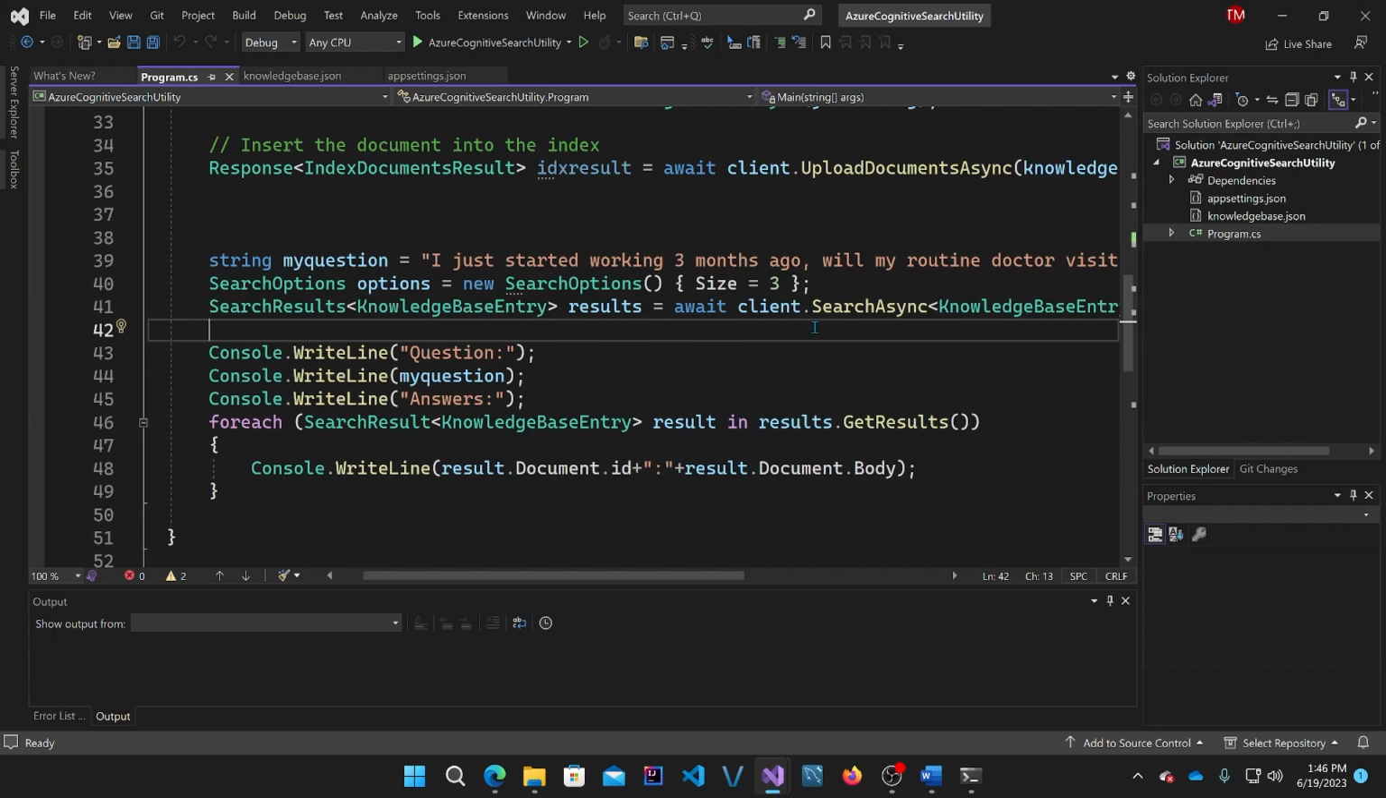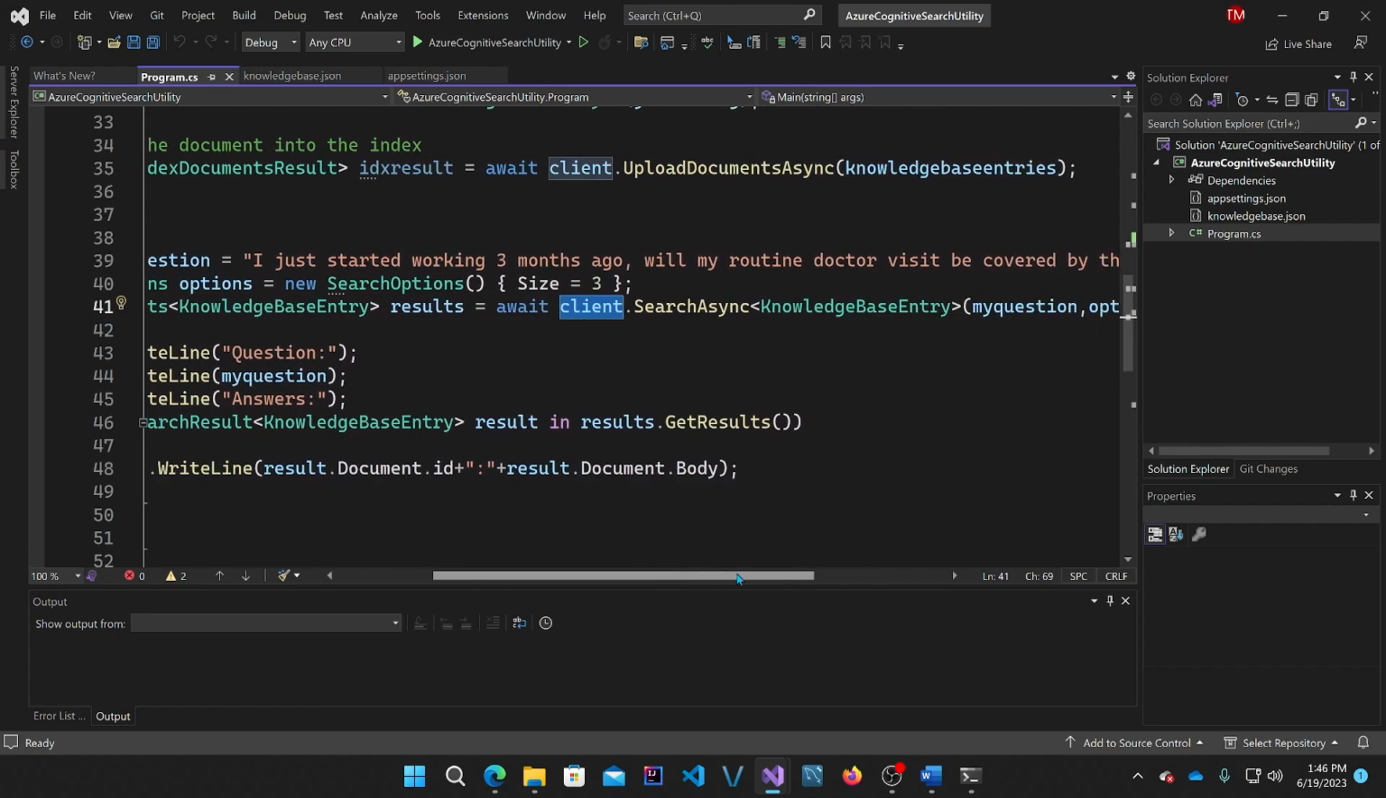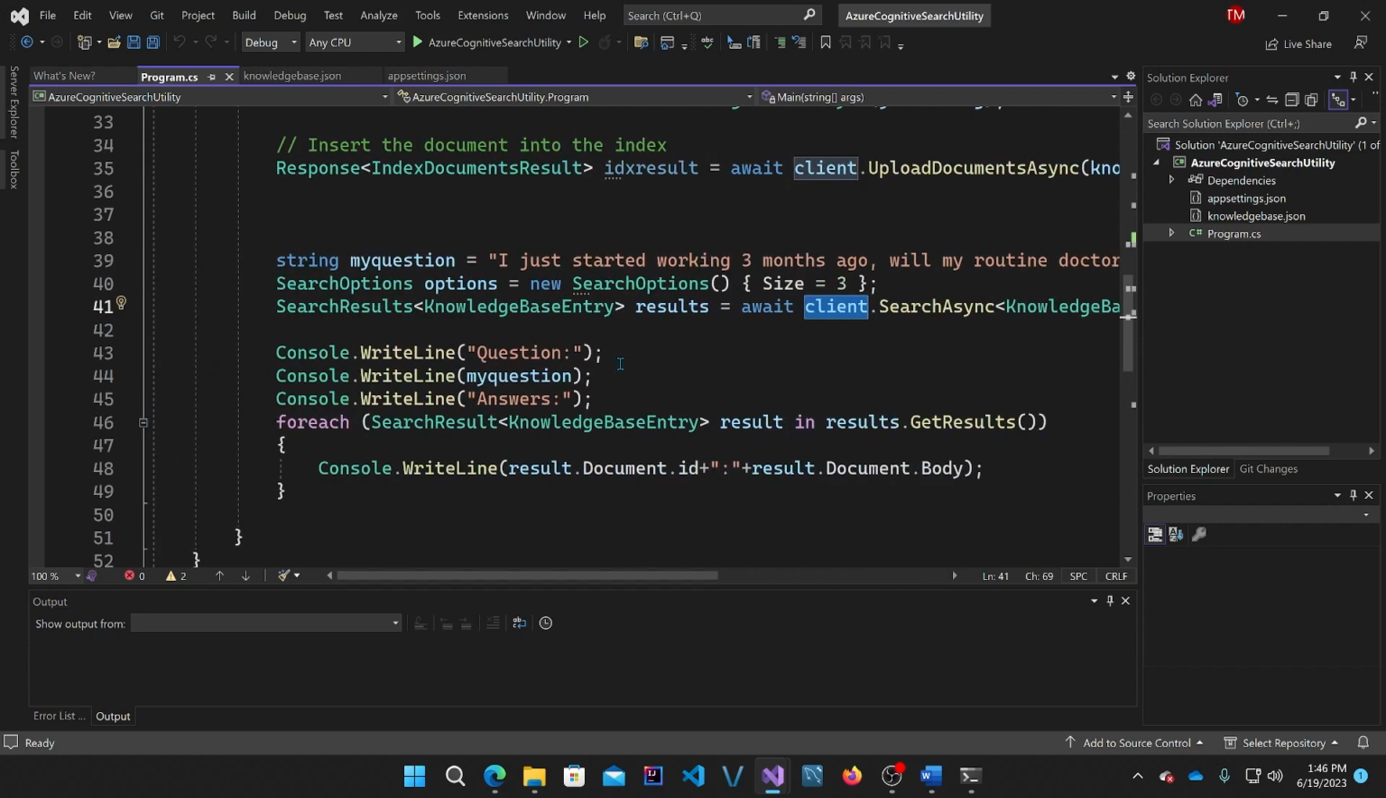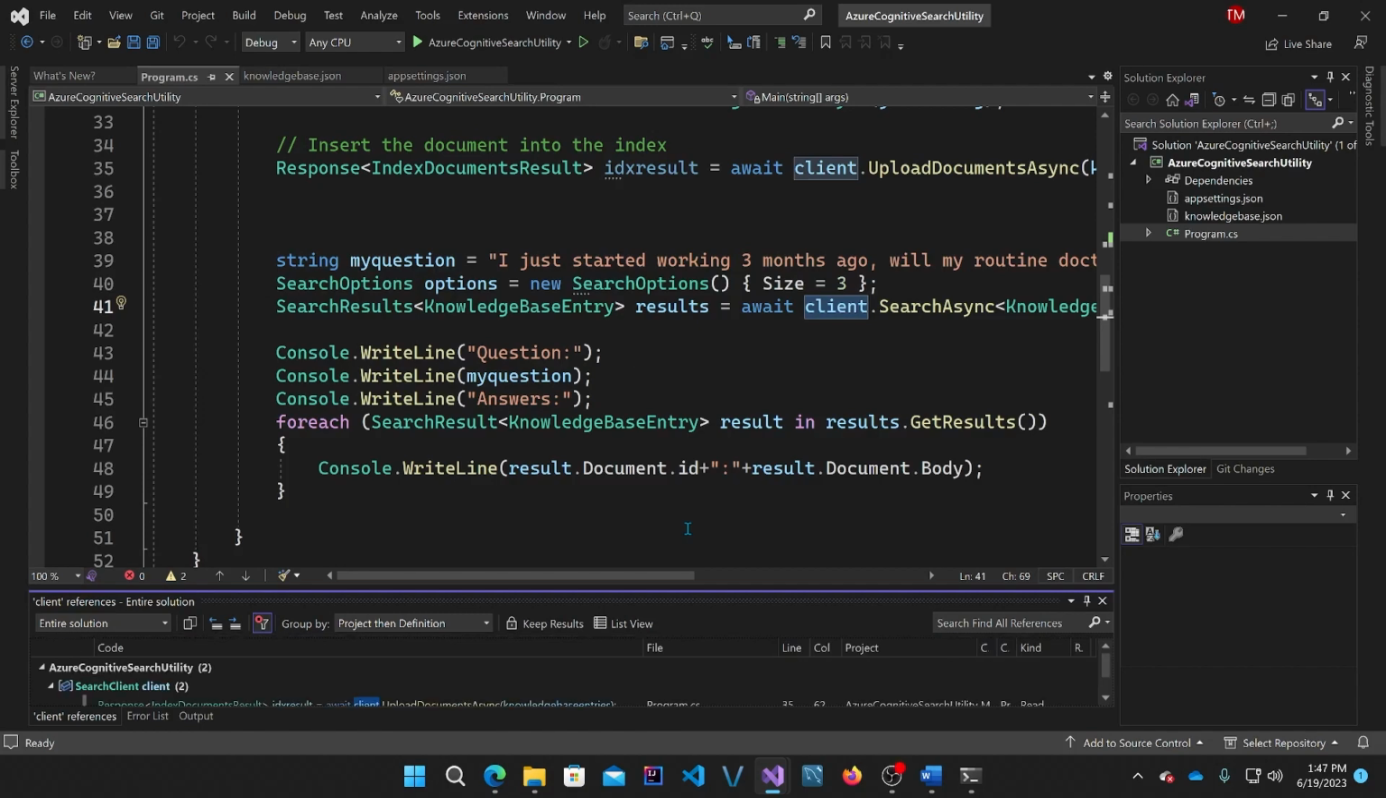So then we call Search Async on the client object, and that's going to result in whatever results match the context of this question. So it actually sends this question string in and finds documents that are relevant. And I just loop through and print them out. Now let's run this and see this operate. So if I run it,